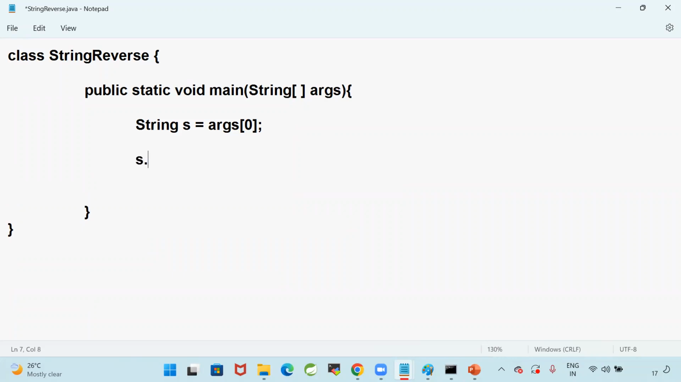Can I convert that string to a char array? Yes or no? I'm converting that string to a char array using toCharArray. Char array is equal to toCharArray. Now I'm going to write a for loop, integer i is equal to